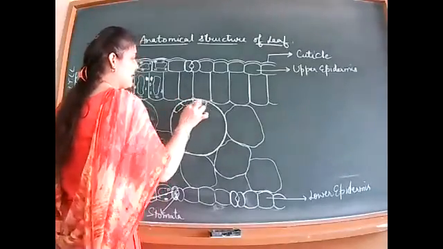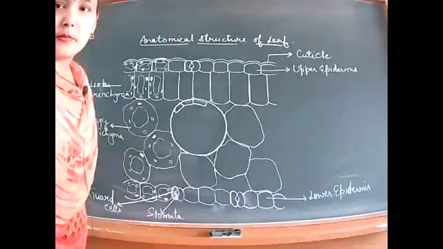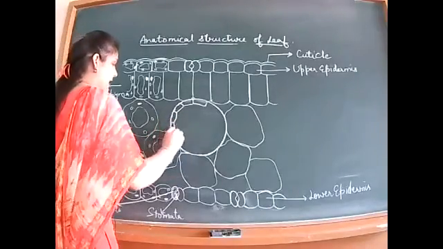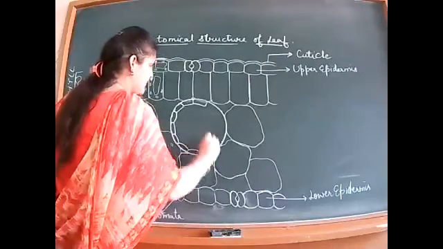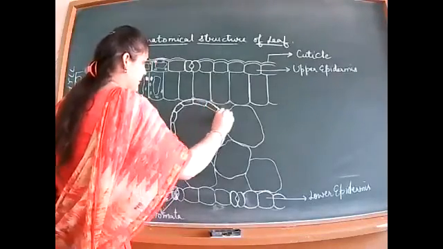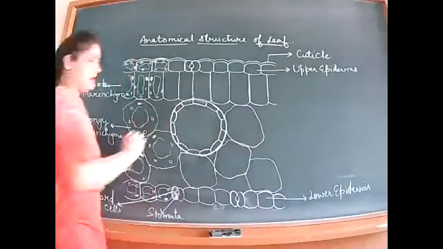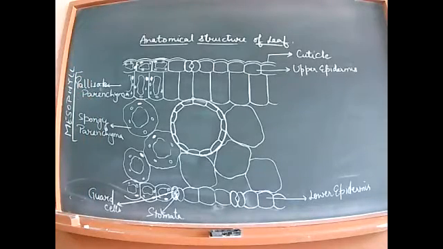This is the endodermis layer of cells. As it is the layer of epidermis on the outside, this is the layer of endodermis. The layer of endodermis surrounds the xylem and the phloem and separates them from the outer surrounding cells. Within it, the placement of the xylem and the phloem is there.